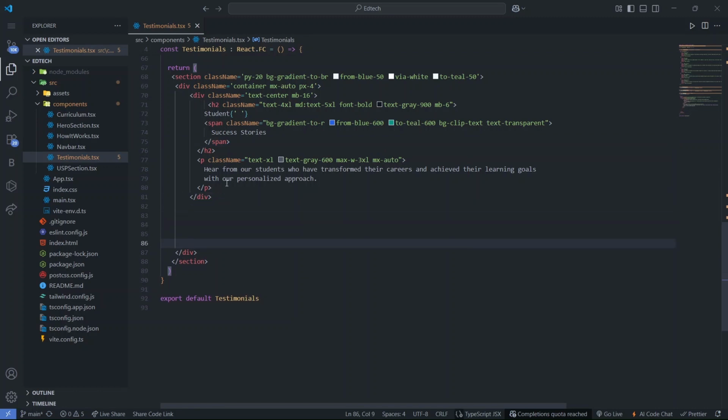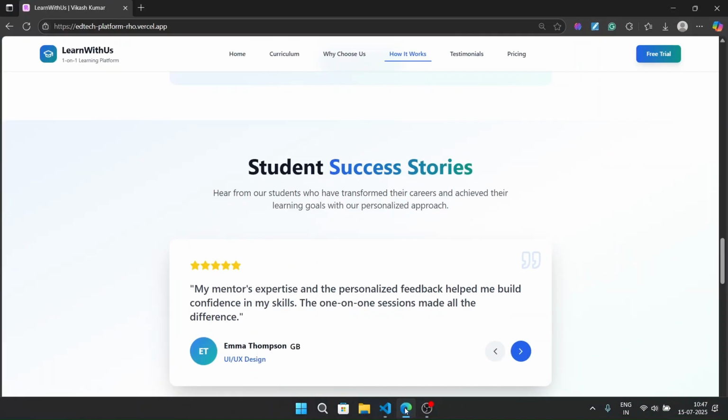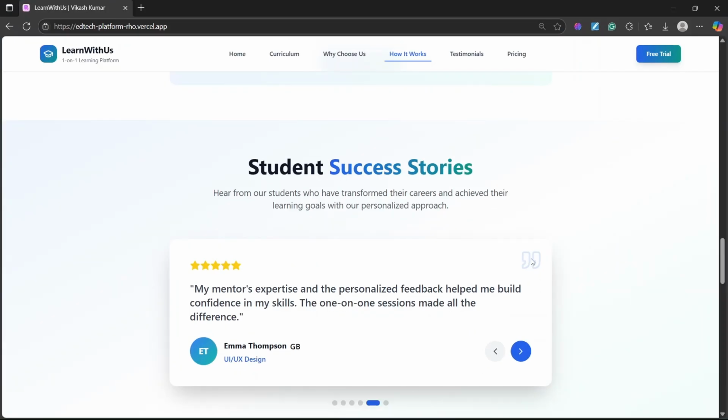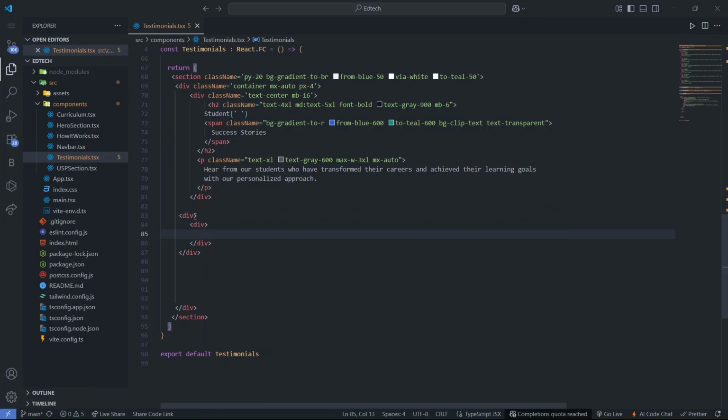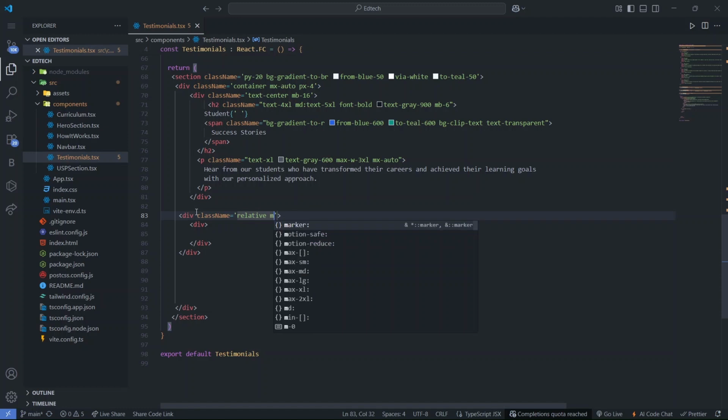Let's go below, and first of all we'll create a div, and in this div we create one more div, and in this div we'll show the code. So first we have this code icon, also you can see that on the right. So first let's style this. Class name relative, and then max width we can write 4xl, then mx auto, then go for this div, and here we can